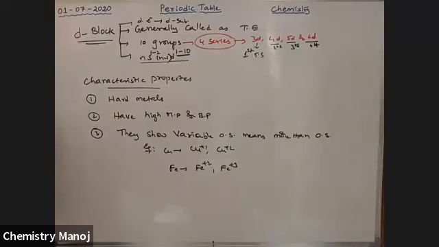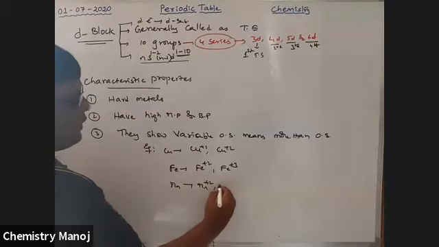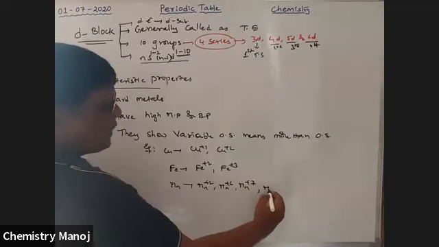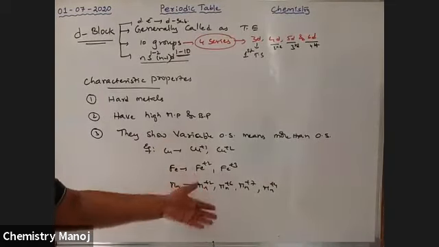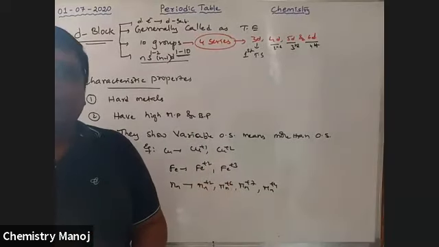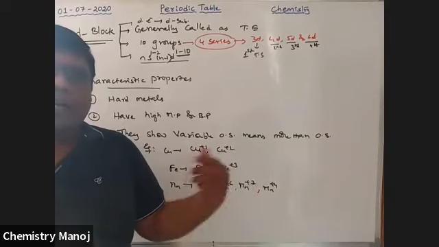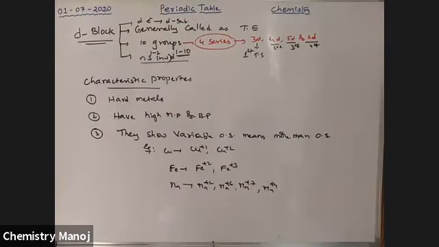Ferrous and ferric. Manganese, Mn, shows Mn+2 state, Mn+6 state, Mn+7 state and also Mn+4 state. That means the same Mn exhibits more than one oxidation state. That means the availability of a single element in more than one oxidation state is nothing but the oxidation state is not fixed. It is a changeable entity. It is a variable entity. That is why these are called variable oxidation states.